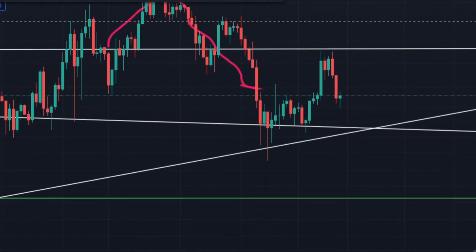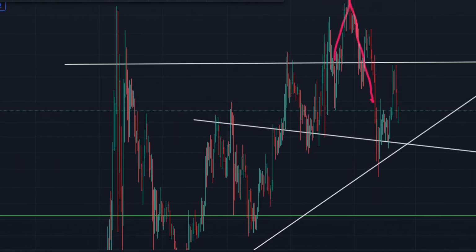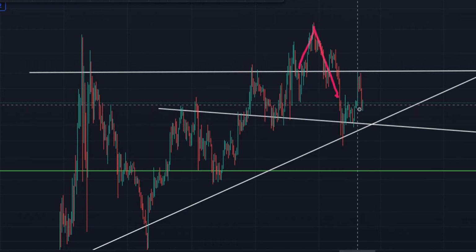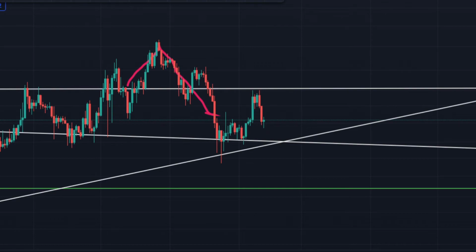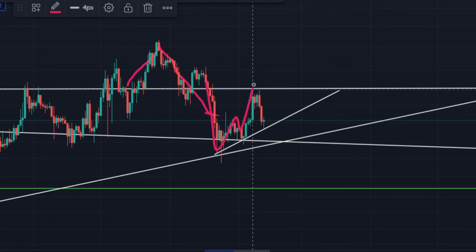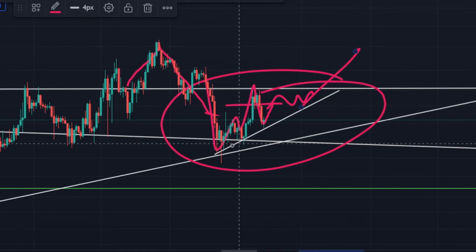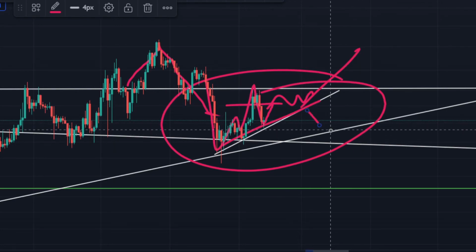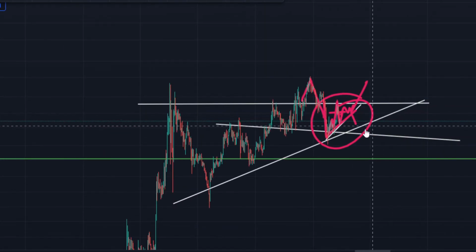Now let's go to the daily time frame, because in the daily time frame we have rejection here coming down, and it's probably going to find some support around here, until or unless it makes a bullish pattern, because you can clearly see that we are somewhat in this kind of pattern. It's making lower highs at the moment. It came down, went up, came down. Now we break this area, go up, and just consolidate and then eventually break out. If you break this support level, you will come down to wherever this support line is. You can clearly see where the support line is,